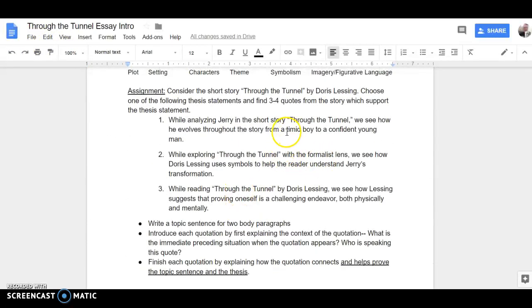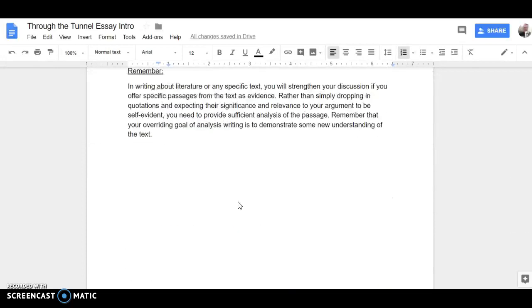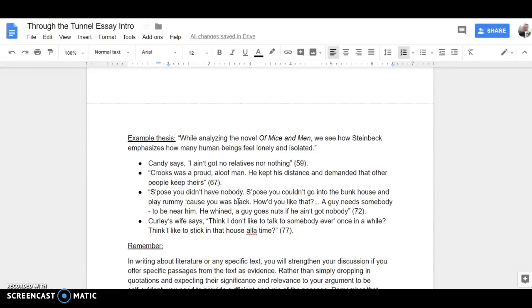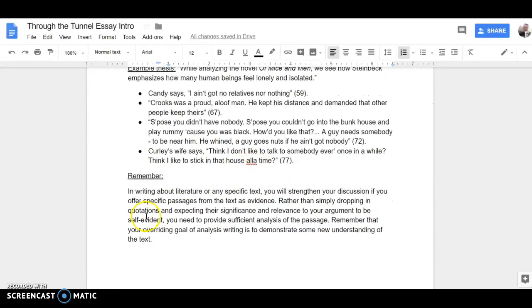So all of your quotes are going to have to do with his transformation into a confident young man. All your quotes are going to have to do with the symbols that demonstrate this transformation, or all your quotes are going to have to deal with the physical and mental challenges that Jerry overcomes on this journey. Alright? So, with that being said, remember that in writing about literature or any specific text, you will strengthen your